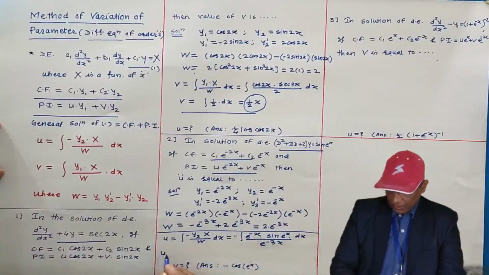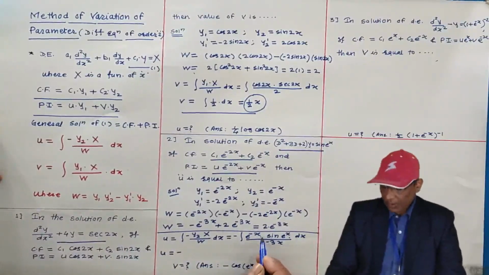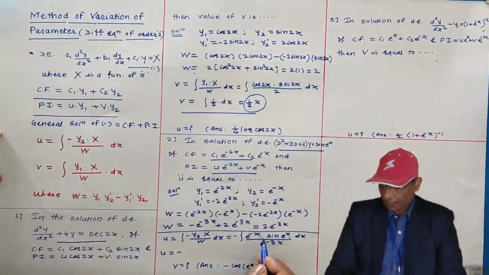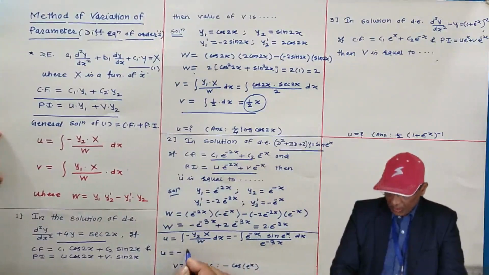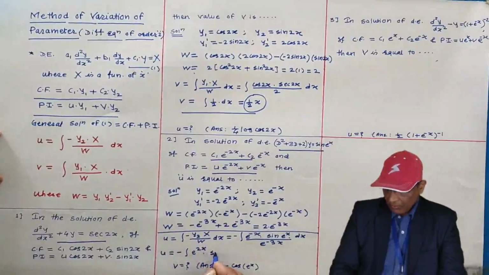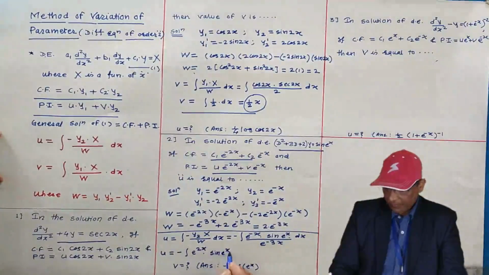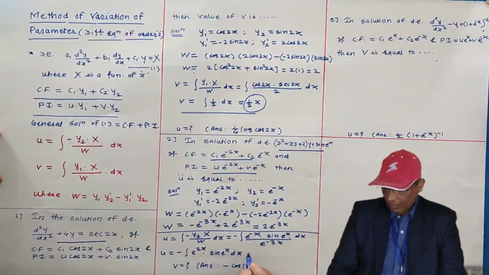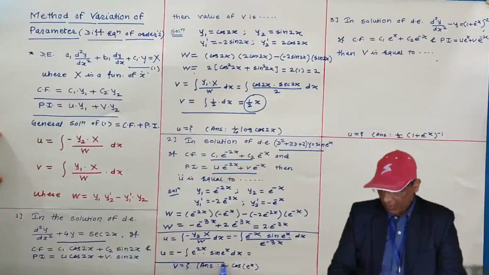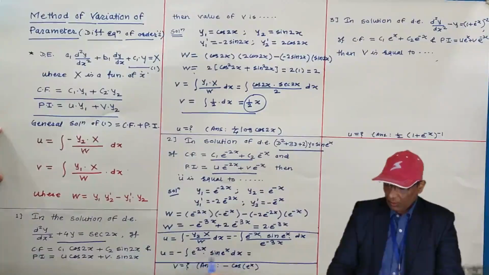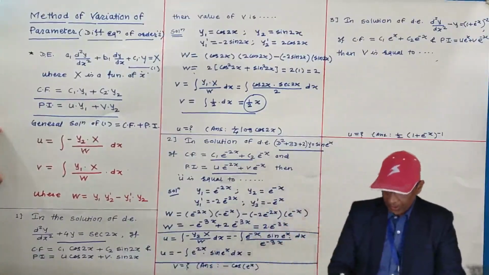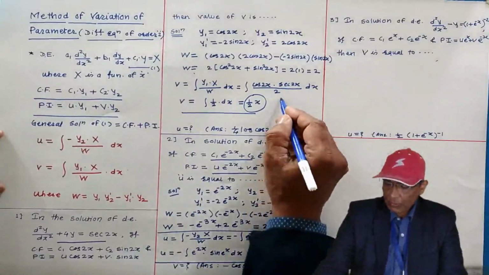Okay, w equals this. Minus of e to the power minus 3x will jump to the numerator and become e to the power 3x, and e to the power 3x into e to the power minus x is what? e to the power 2x. So I am writing here e to the power 2x into sine of e to the power x. We don't have sufficient space here, so I am writing the step directly. Now how do you integrate it? The integration I am going to do here is what?